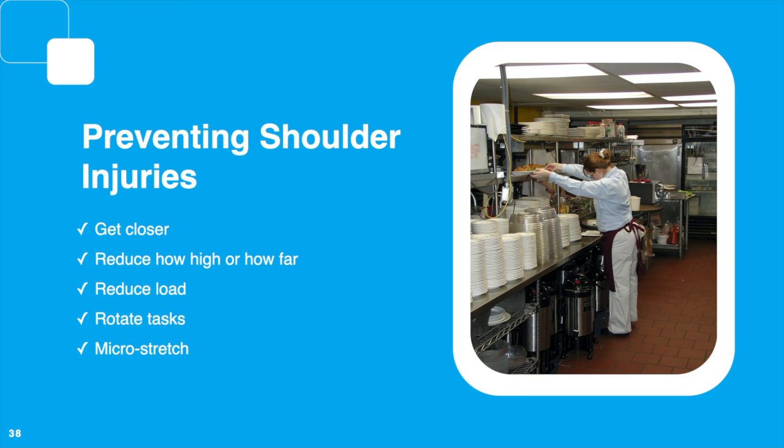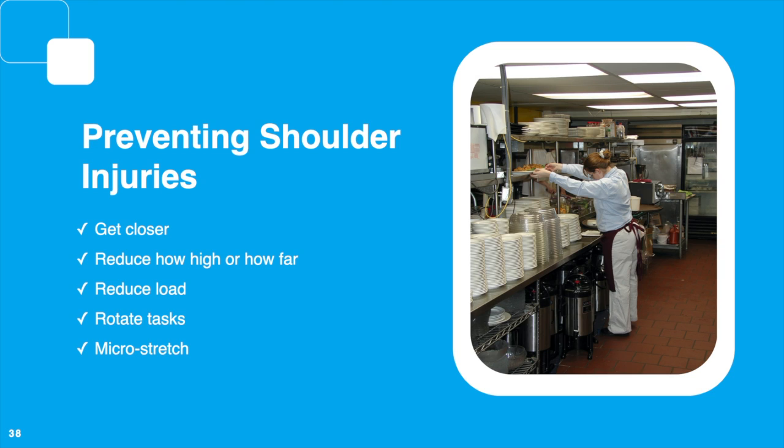You can reduce the risk to the rotator cuff by reducing how high you reach by just an inch or two, how far away from the body you reach by just an inch or two, how long you hold the reach position, and how much load is in your hand when you reach. So reducing height or distance reached by just a bit can greatly help. Reducing the duration of holding your arm in a reach position just a little bit can greatly reduce rotator cuff loading stress. Rotating job tasks can reduce rotator cuff risk exposure.